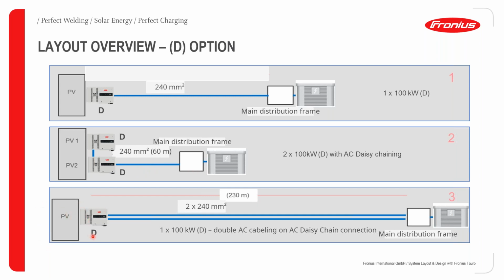The third example, I've got one PV field, which is connected to one Tauro inverter. Okay, but with this example, my main distribution frame is really far away. So it's over 230 meters away. And as you know, the further we go in terms of meters, especially with the AC cable, because remember with the AC cable, your current is high and your voltage is low. So your losses are very high. And how do we overcome those losses? The first option is that we can use thicker cabling, okay? Because remember, the thicker your AC cable is, the less resistance there is to the flow of current,